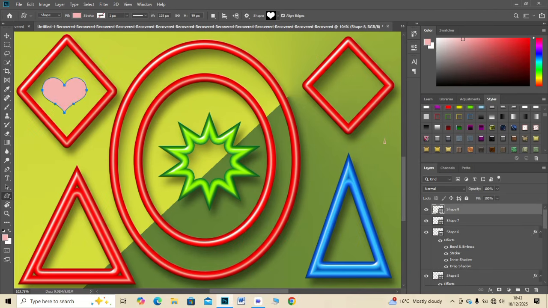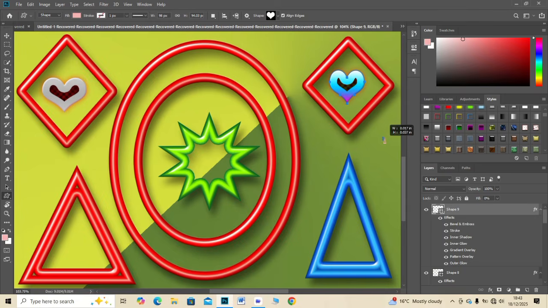Select both shapes and align them. Add text inside the label using Ctrl plus J. Adjust